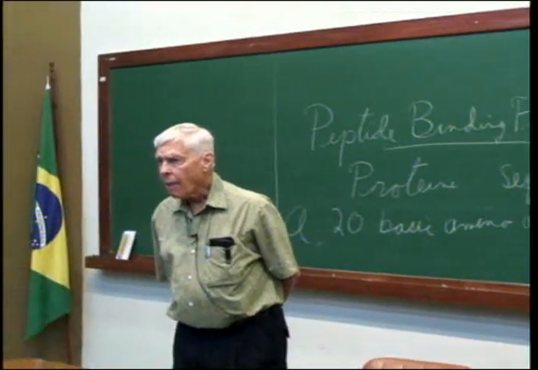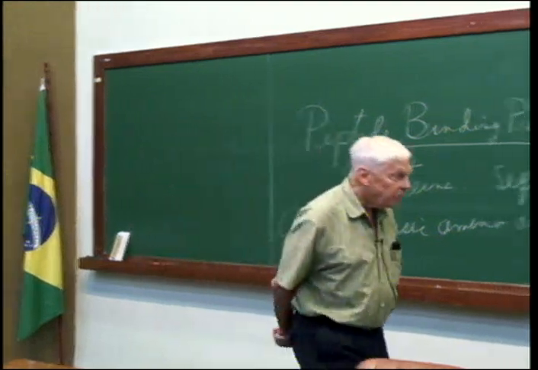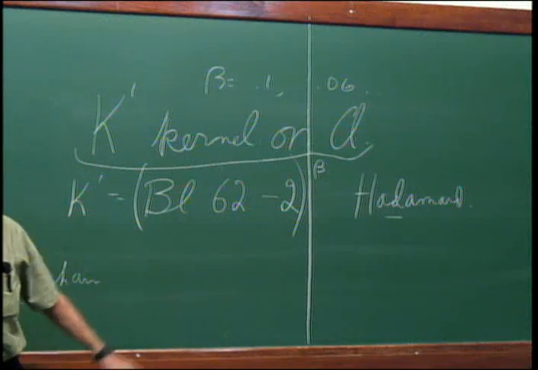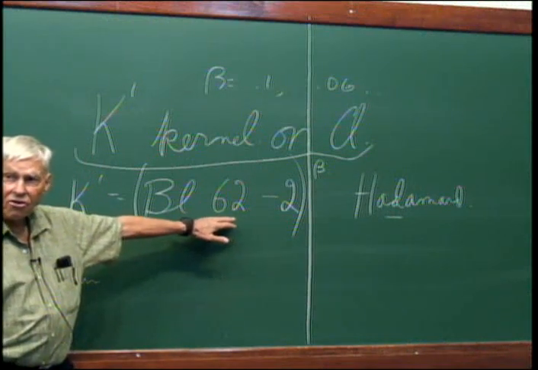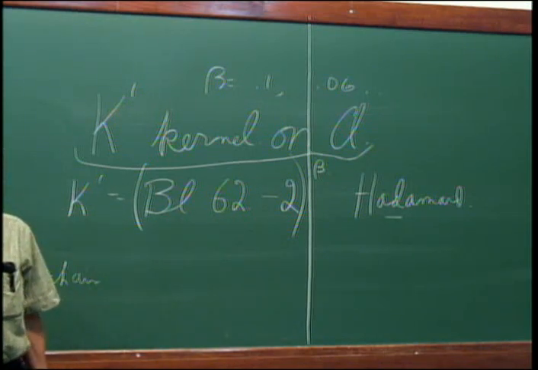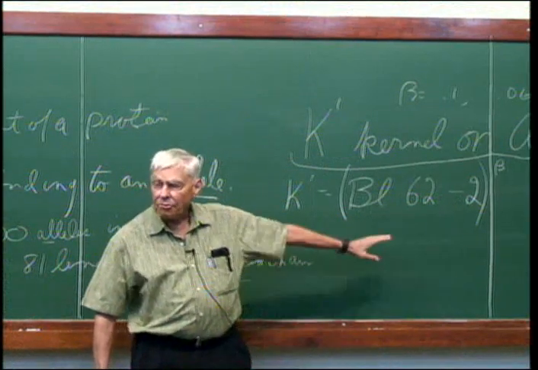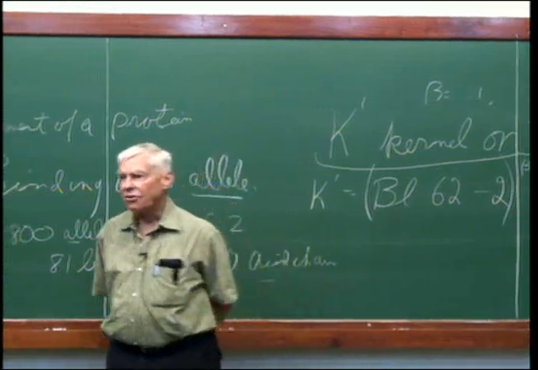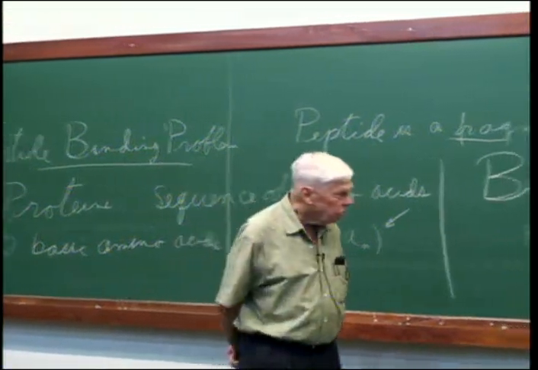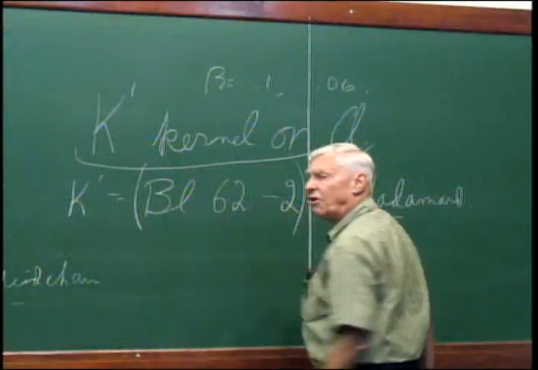Yeah? Small question. By definition, the elements of the matrix should be positive. Yeah, this is positive. BLOSUM 62 is positive. See, we're taking the pre-BLOSUM 62 in this construction. BLOSUM 62 uses a positive definite matrix, and then they take the log of that. So the typical BLOSUM 62 does not have positive elements. Ours does. We've used other matrices too, but mostly we use this for our first stage kernel.